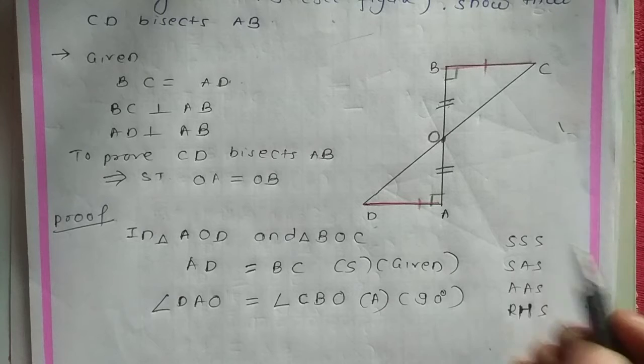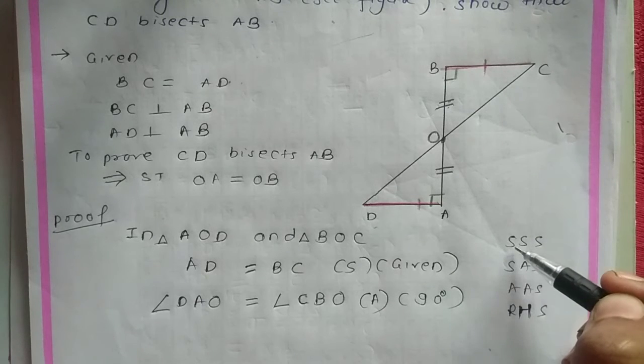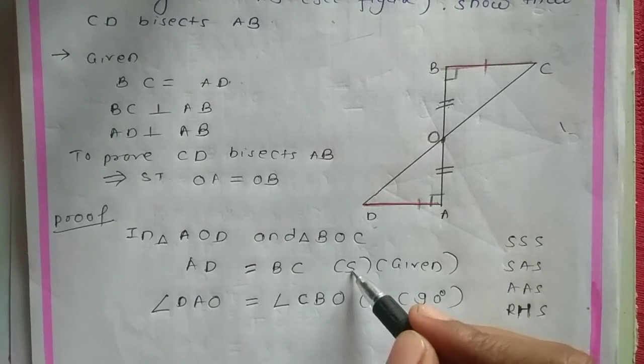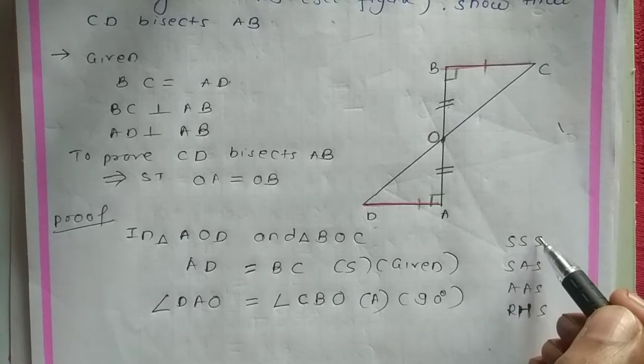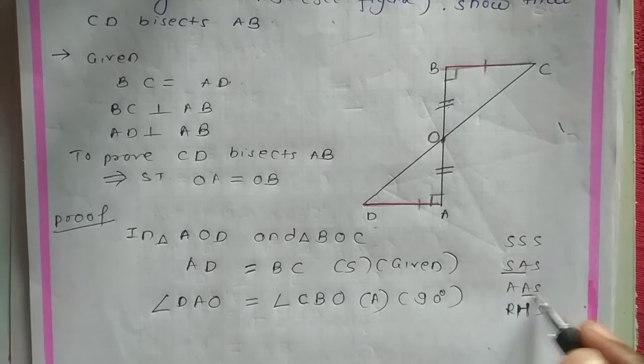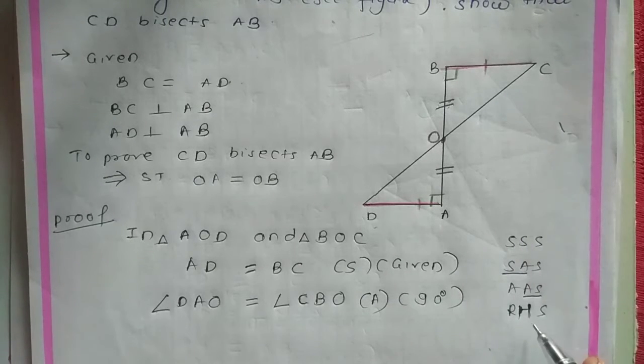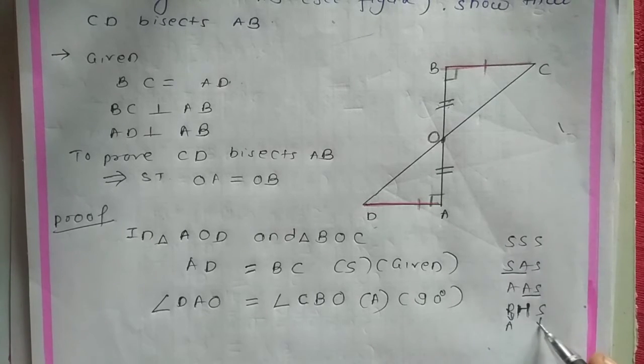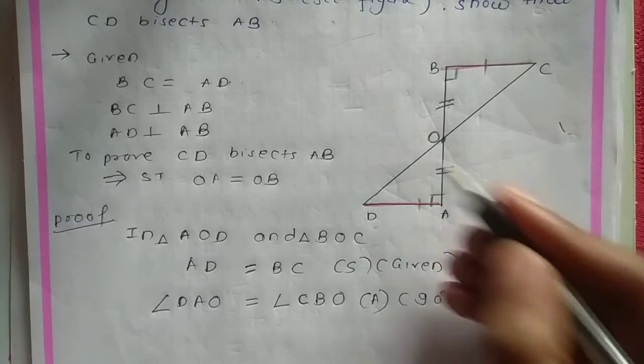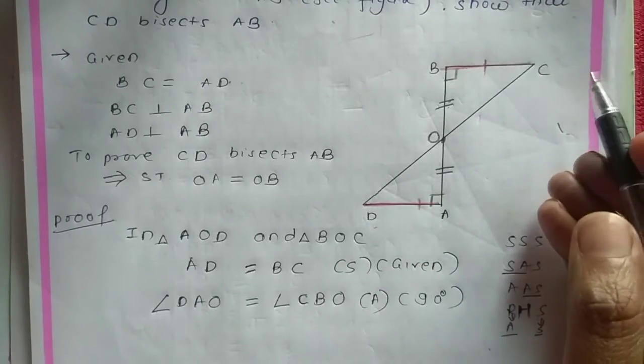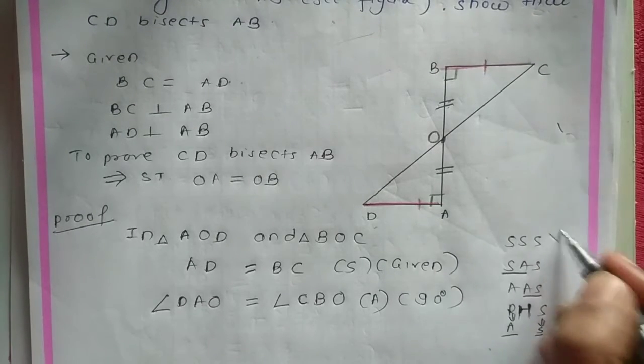So just see here, if you want to match with SAS, already we have got S and A. So don't go for this, because SA and SA we got here. And even here also we can see this is angle only, right angle is angle, and side is also angle. So we got SA. But see whether hypotenuse is equal, but you can see here it is not given equal, right? So this is not applicable, this is not applicable.